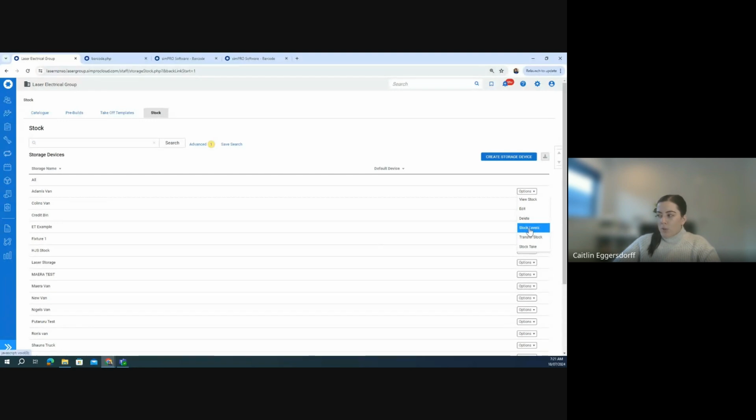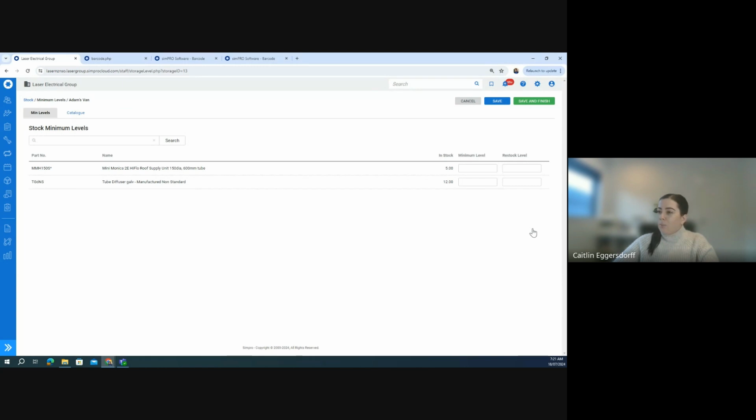But the one that I want to click into is this stock levels. So if I now click into this, what this is going to do is give me the minimum level and restock level options for this storage device. So this can be really helpful, especially if you are going to that van level. If they need to have a minimum amount of stock on hand at any one time, just due to the nature of the work, especially if it's service and maintenance type work, maybe less prevalent if you're doing more so projects. But if they need to carry 20 of a certain item,